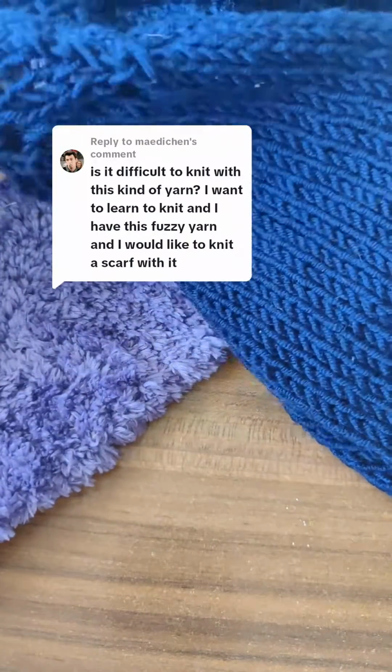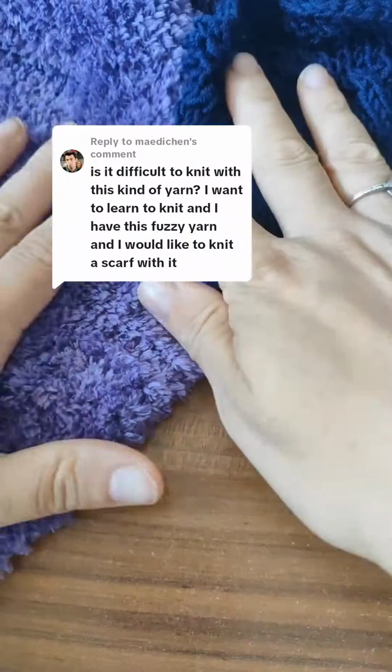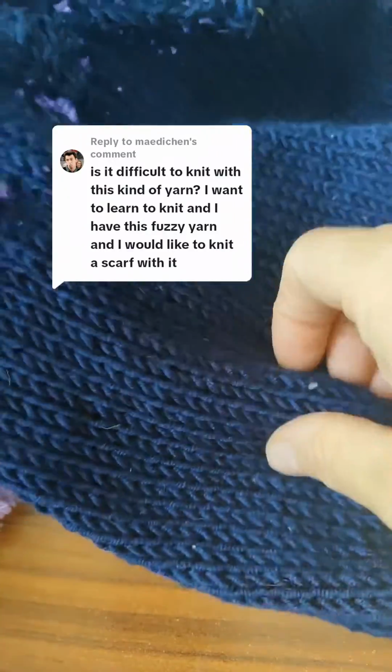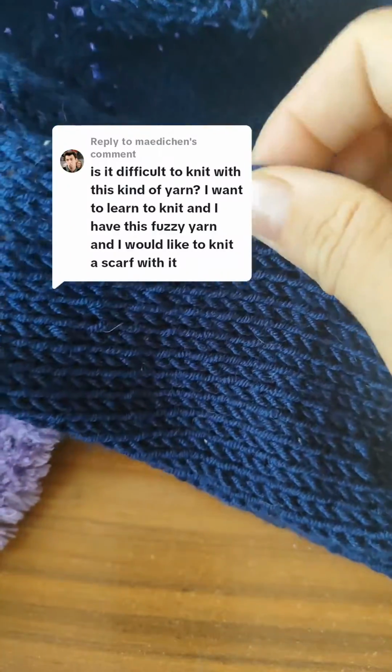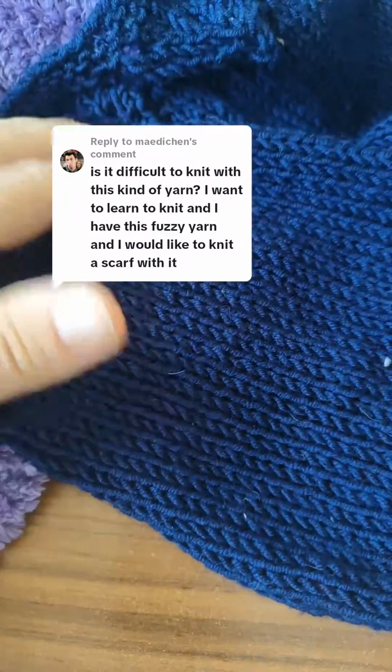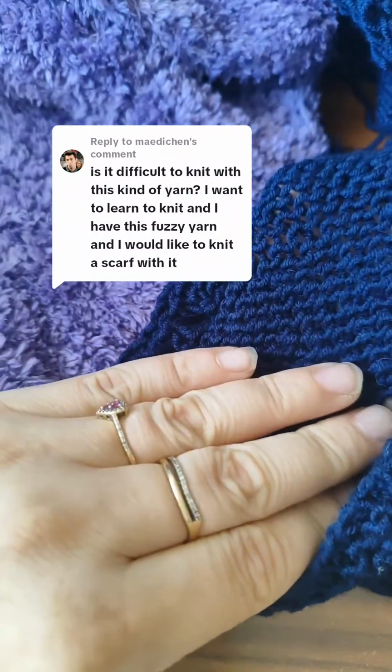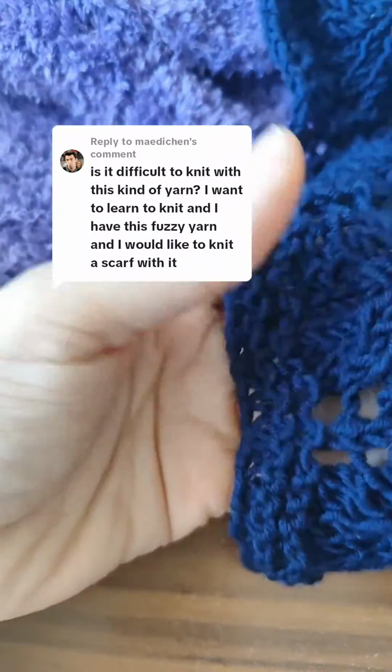Hello, so to answer this question, I have here two pieces, one knitted with fuzzy yarn and one knitted with acrylic yarn or cotton yarn. As you can see, this is the right side and this is the wrong side. You can see the pattern,